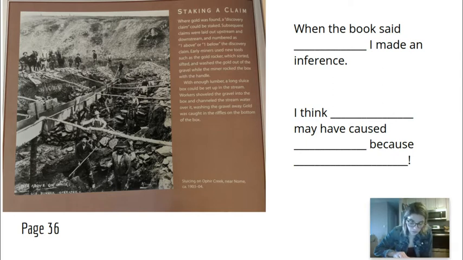Early miners used new tools such as the gold rocker, which sorted, sifted, and washed the gold out of the gravel while the miner rocked the box with the handle. With enough lumber, a long sluice box could be set up in the stream. Workers shoveled the gravel into the box and channeled the streams of water over it, washing the gravel away. Gold would be caught in the riffles at the bottom of the box. So this is another way